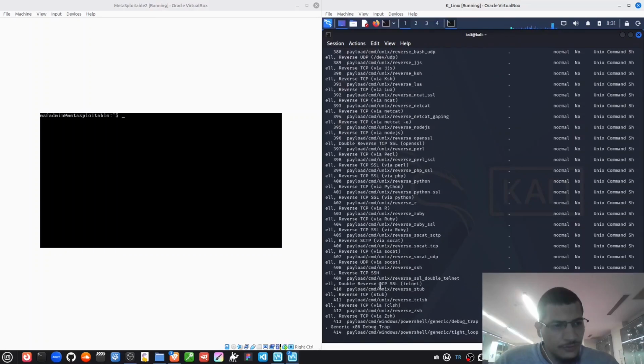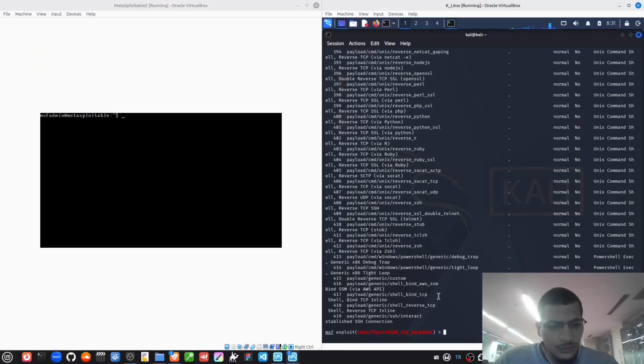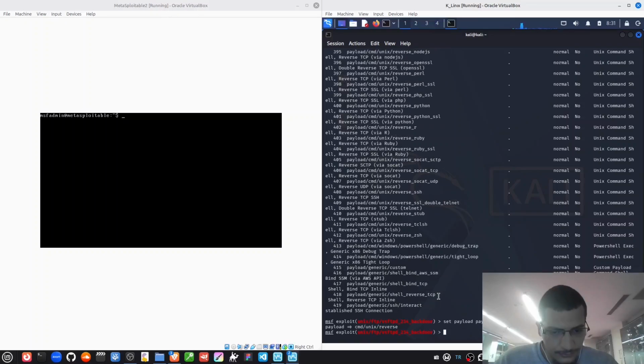And there are a lot of payloads here. One great payload that we can use is, so set payload. If I remember correctly, it's under payload, cmd, unix, reverse. Another thing we can do, if we do show options,